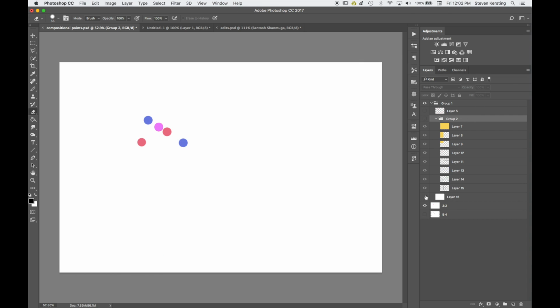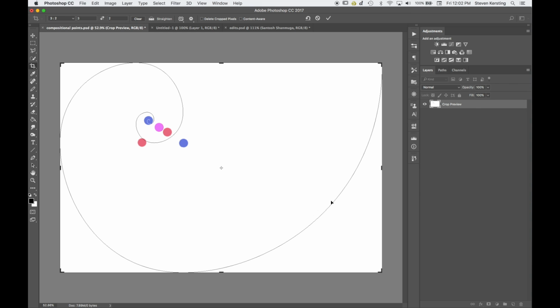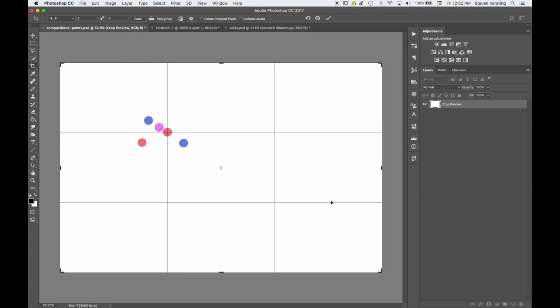Turn that off. Here's our 3:2, and I'll just go into the crop and we'll go with the overlays. Okay, so this is the golden ratio grid, golden spiral, rule of thirds,